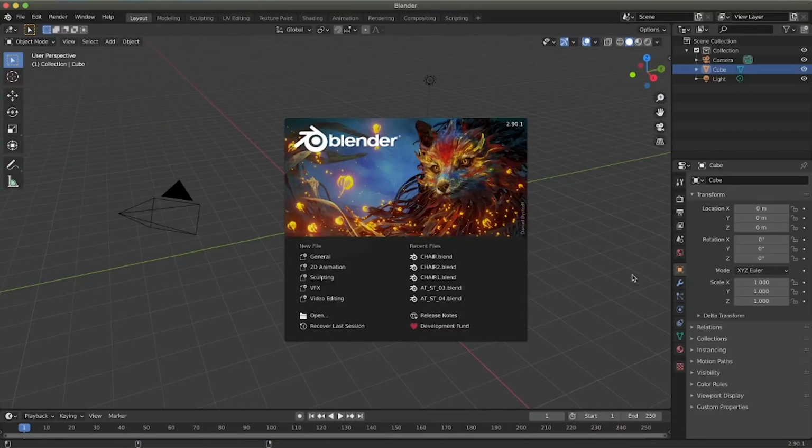The very first moment you open Blender, you will be asked to choose if you want to select with left or right click. The new version of Blender by default selects with left click.